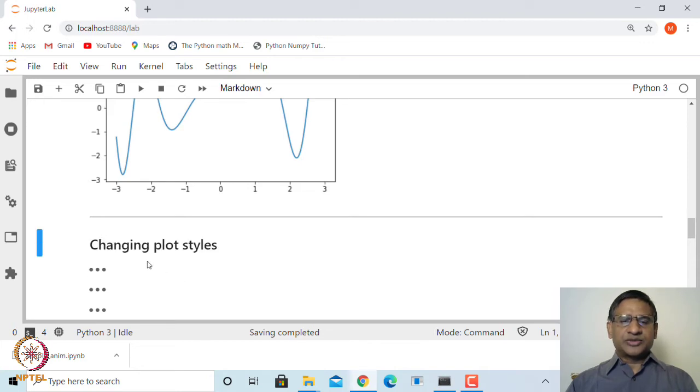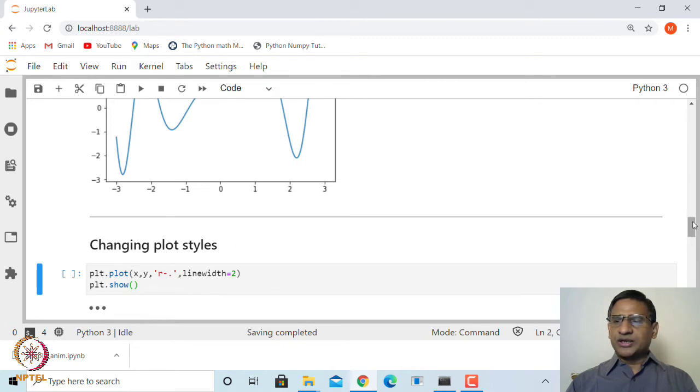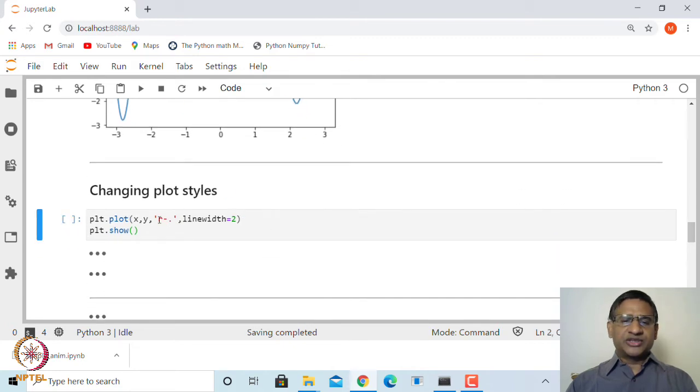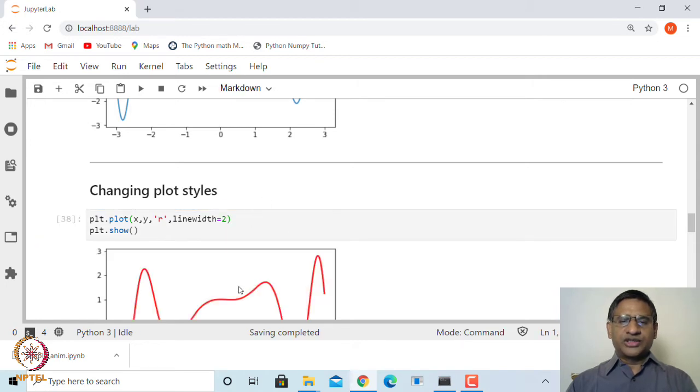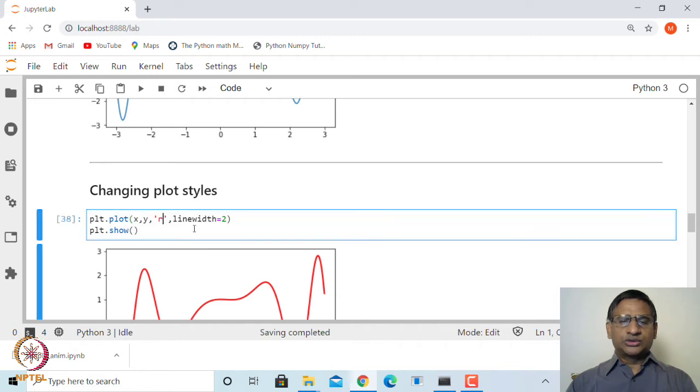So, first, for example, changing plot style. If I want to change the color, we have seen that we can simply say c is equal to red, or simply say r, and then let us say we want to change the line width. By default the line width will be 1, and if I want to make it line width equal to 2, then you can see this line has become thicker and it has become red color. Suppose I want to make it red but dotted lines. So, then